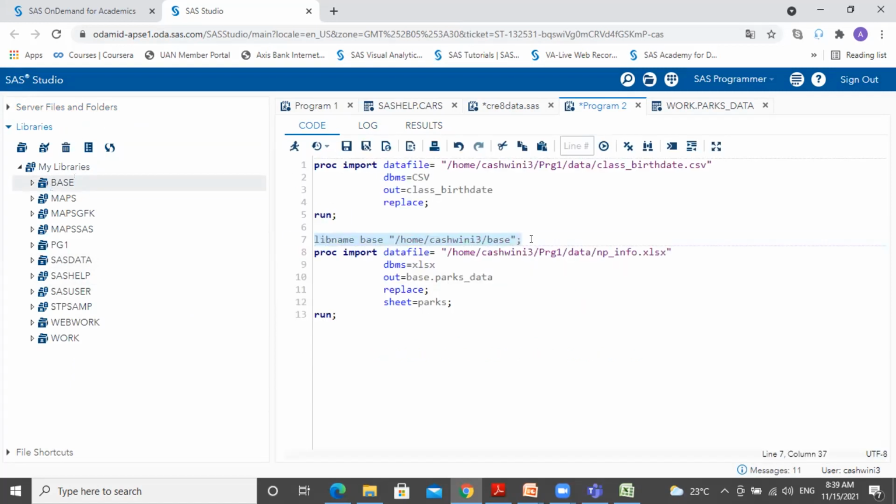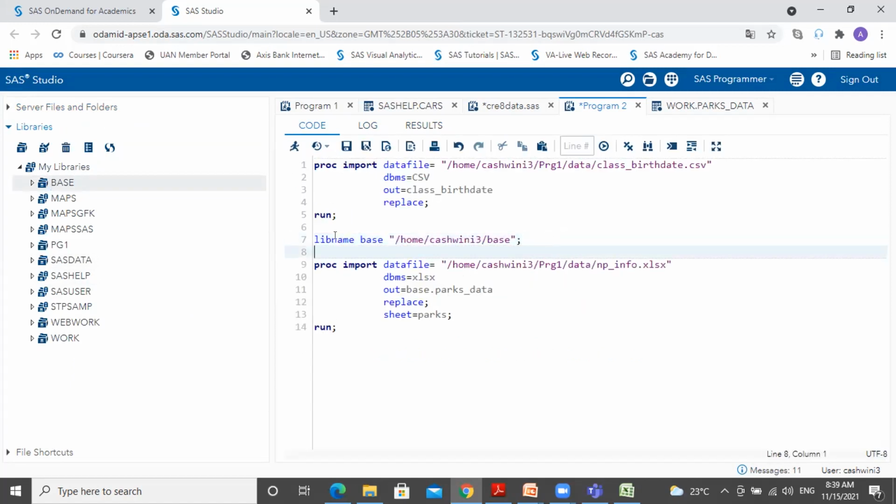So see, the libname statement is the same, but now this is a user defined permanent library. So every time you open your session, you simply submit your libname, and whatever is saved in this path will be there in the session. So a library is nothing but your path. Whatever you save in this path is there in the session. You just need to connect it by submitting your libname statement.